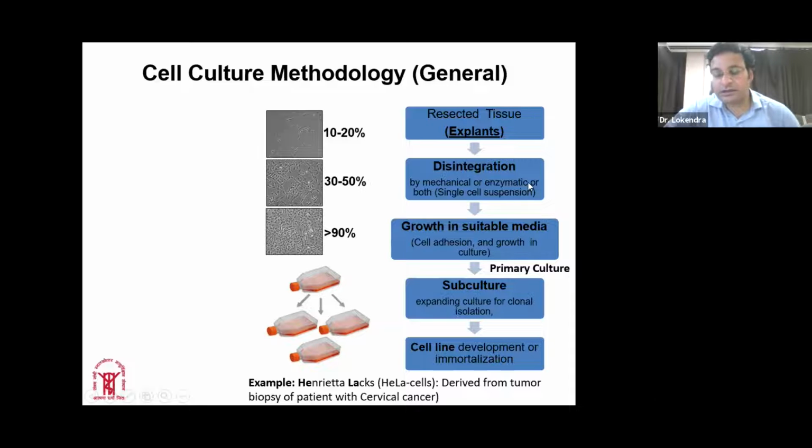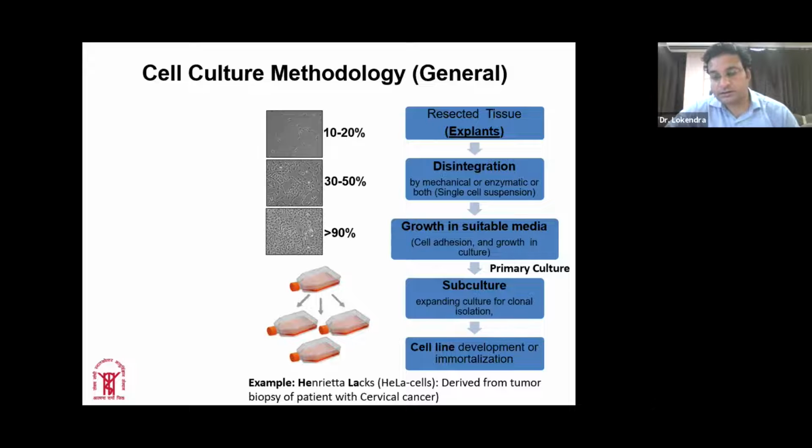Mechanical requires grinding, or sometimes sonication, or some other mechanical method by which you are trying to separate. Enzymatic methods are more precise because they are based on certain activities of enzymes, which can disrupt the cell-cell interaction. Sometimes mechanical is sufficient, sometimes enzymatic is sufficient, and sometimes both are used in combination